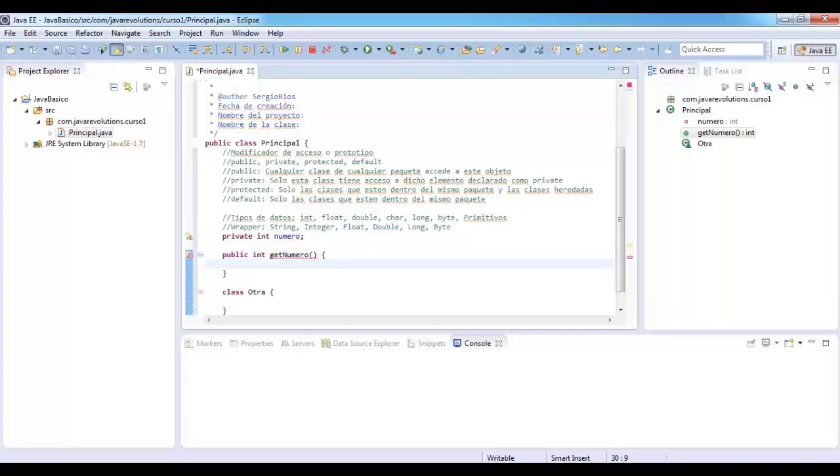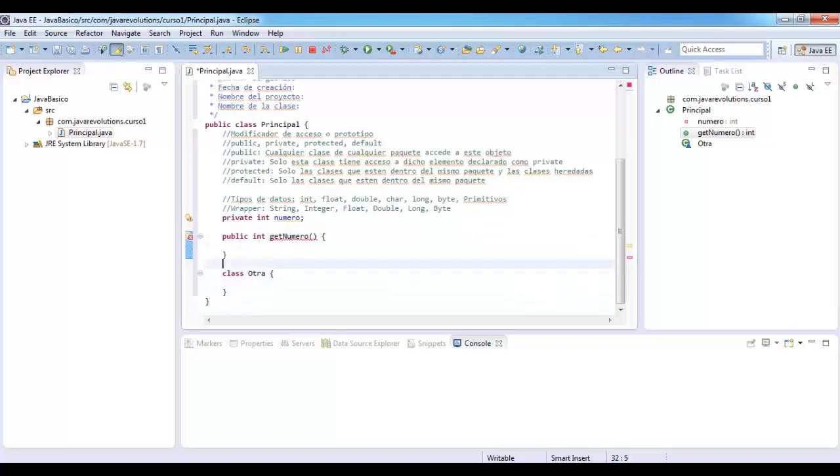There we declared a function: prototype, type, and name. The function also receives parameters, so we will declare another function, also public. In this case, it is void. What do I do if I want my function to return nothing? I put void. With void, I am telling my function you don't return anything, so I don't need a return anymore. Okay. I change the name, it is now going to be called setNumber, and I will declare